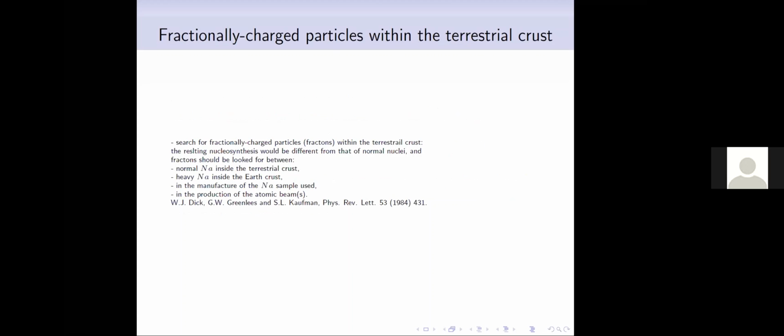highly intensively energetic laser fields after the application of a good definition of the level of the energy states and of the measure. And other kinds of contributions to the spectral analysis are those due to the presence of fractionally charged particles within the terrestrial crust, for which